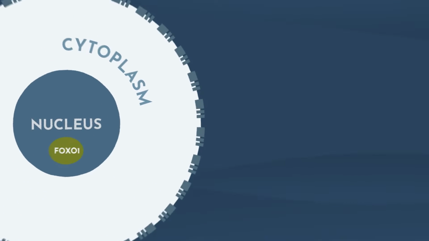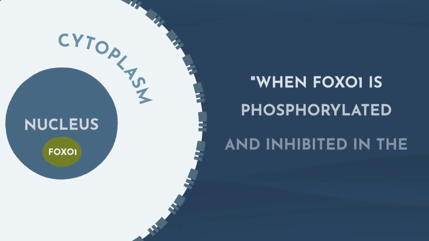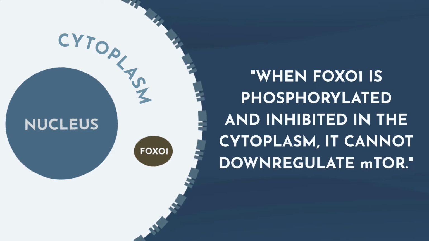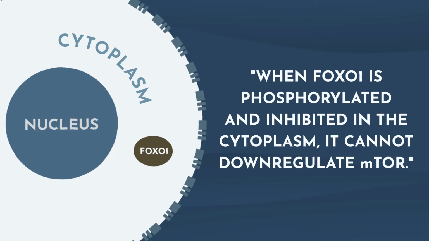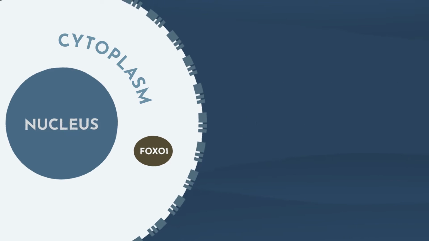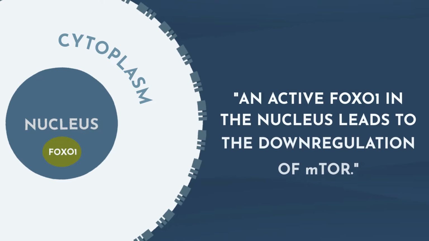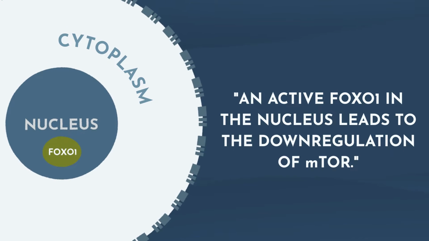Now, we talked about FOXO1 doing this dance between the cytoplasm and the nucleus, and it's really important, and here's why. When FOXO1 is phosphorylated, it gets kicked out into the cytoplasm of the cell, and that's almost like a penalty box for it. So it can't do anything. It can't downregulate or control mTOR at all, which is its main job. So out in the cytoplasm, penalty box. When FOXO1 is dephosphorylated, then it can move into the nucleus, and now it can do its job. It can downregulate and control mTOR and make sure that mTOR doesn't get out of control. So the problem could be mTOR out of control. The problem could also be a lack of FOXO1, and we're going to see that in a little bit.